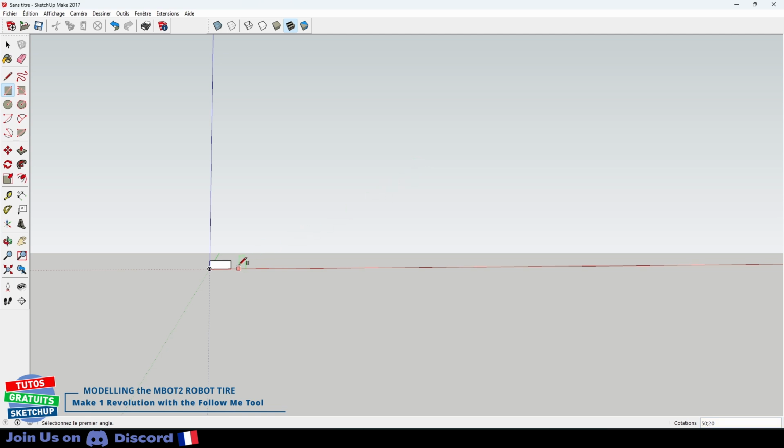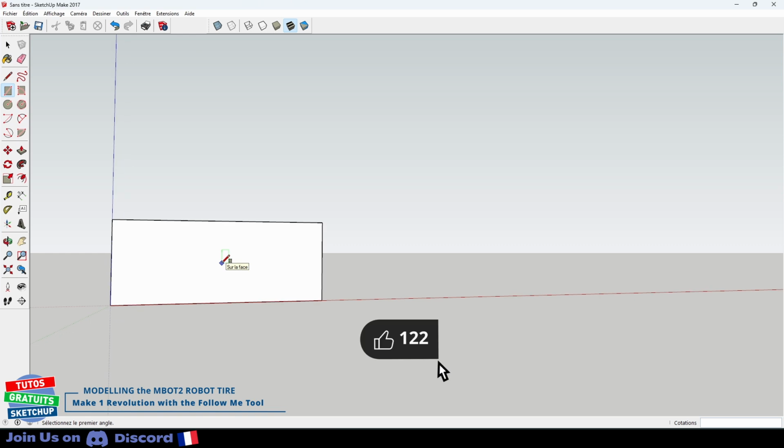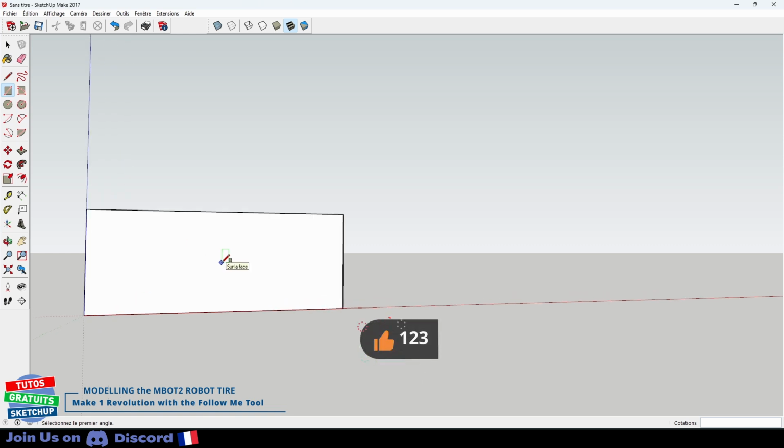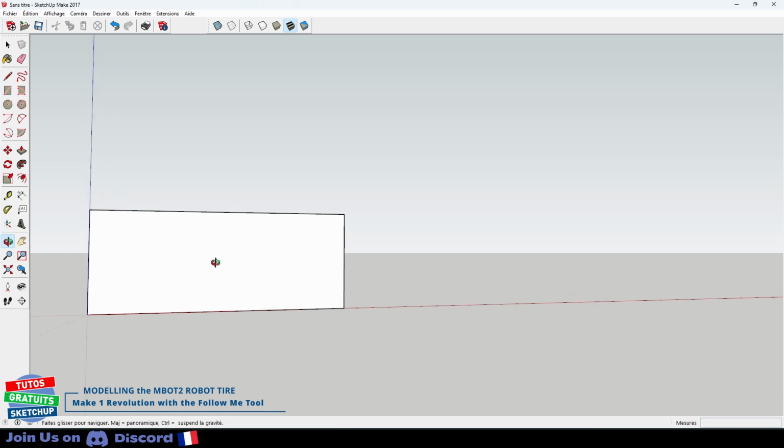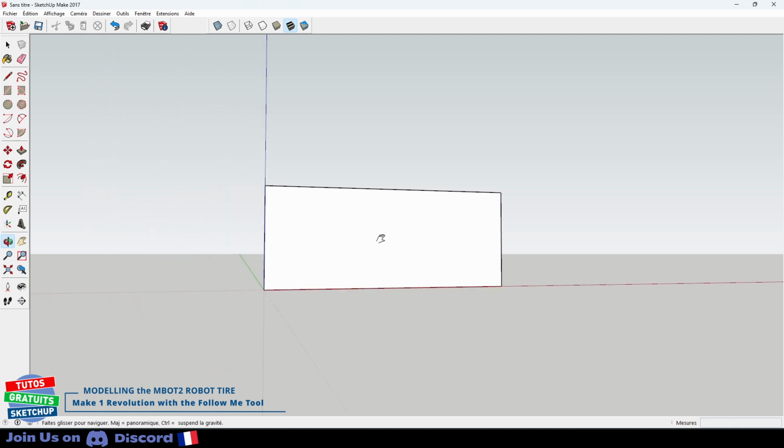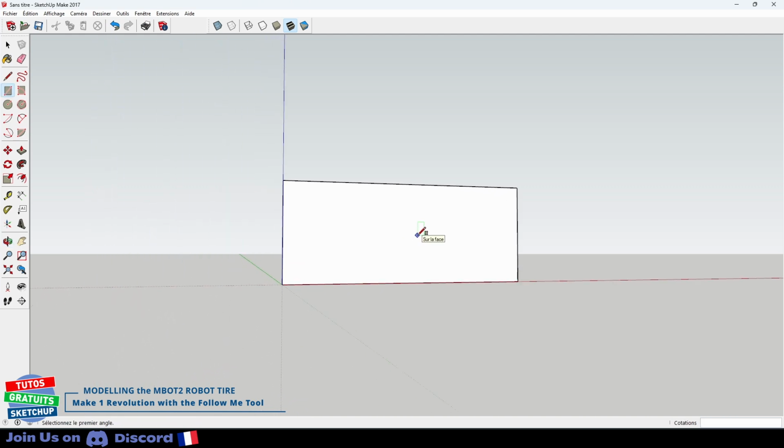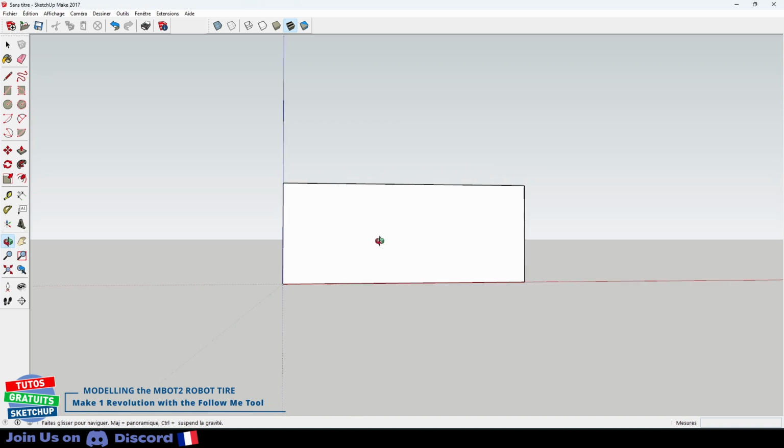I position myself on it. I zoom in by turning the dial like before. To center it, I hold down the wheel and press the shift key at the same time. A hand appears, which allows me to move my drawing. I hold down the wheel and rotate.